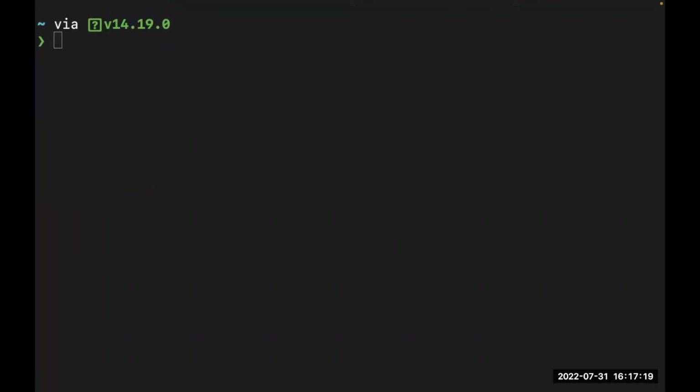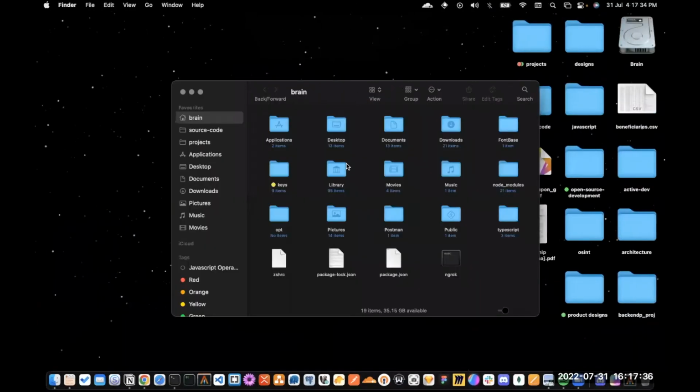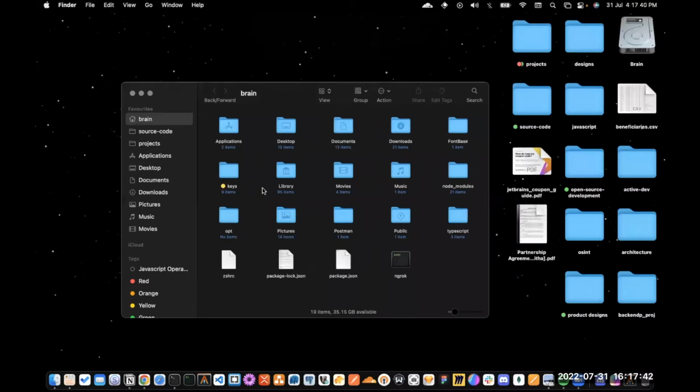You see that the first command I have there is basically this symbol. I'll call it the tilde. Looking at this command, you see it is actually going to take you to the home directory. So what do we refer to as the home directory in your computer? Basically, the home directory is the directory you see when you open your Explorer or your Finder. Looking at my Mac, it takes me down to this folder called Brain, where I have all these folders.